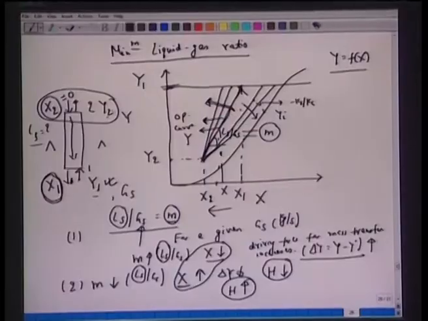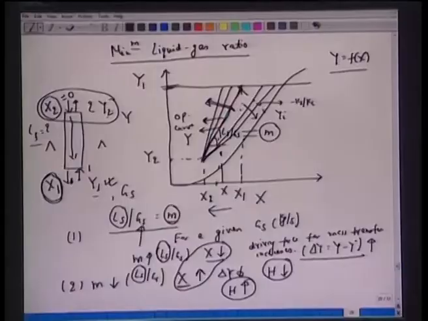Here in mass transfer, we have seen the effect of the slope of the curve. How does the slope of the curve, Ls by Gs, affect the height of the column or parameters like the liquid solvent flow rate or the spent liquor concentration? Now very often when you have spent liquors, you are not going to dispose of them just like this because there will be environmental regulations. That spent liquor one has to recover, and one should make use of certain useful products. For example, if you get concentrated sulfuric acid or calcium sulfate, one can make crystals out of it. So it's desirable that the liquid effluent concentration is large.